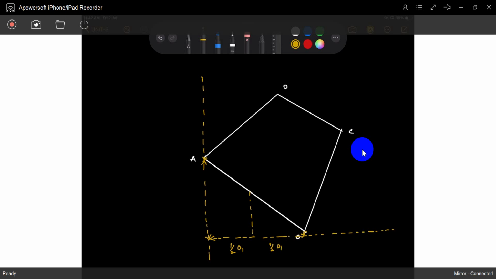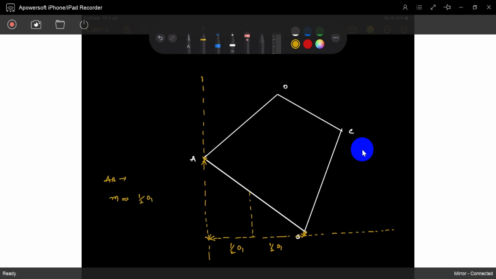Departure of AB. Sir, we already call it departure. Why is it called meridian? That is what I am interested in. It is not exactly half of the departure. See, for the line AB, the meridian M is equal to half of D1. Okay, no problem.